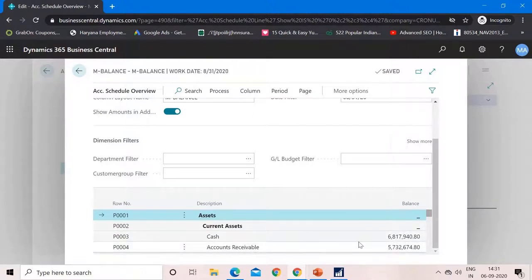So in that manner, at one point of time, I can check what's my cash available in US dollar and what exactly the value of that US dollar is in INR also. So if I untick this, you will get the value in US dollar. If I check this, you will get the value in INR.